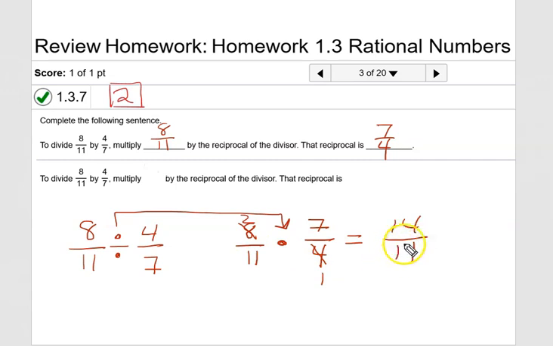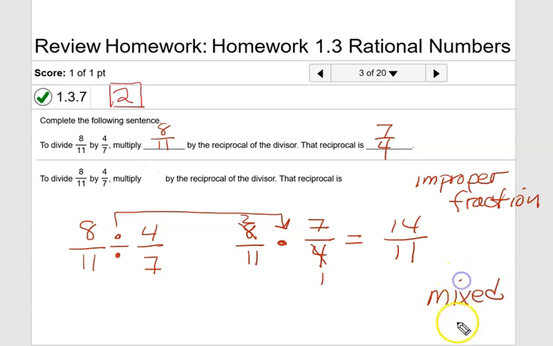Now my next question is, what is the name, the general name of this kind of fraction when the numerator is larger than the denominator? All right, this is called an improper fraction. Now we can change improper fractions to what is called a mixed number. And just add these to your notes